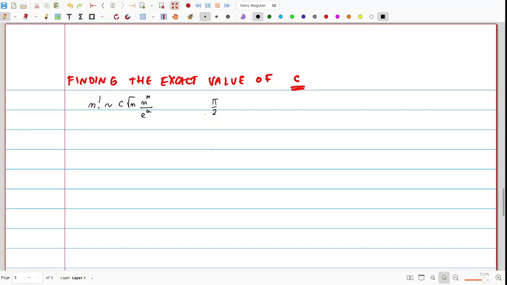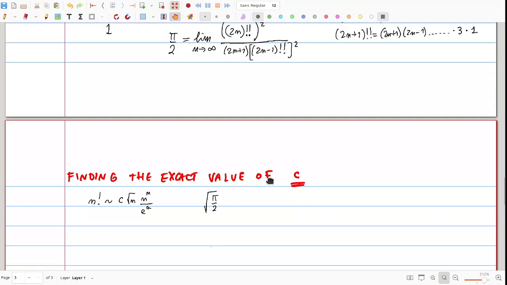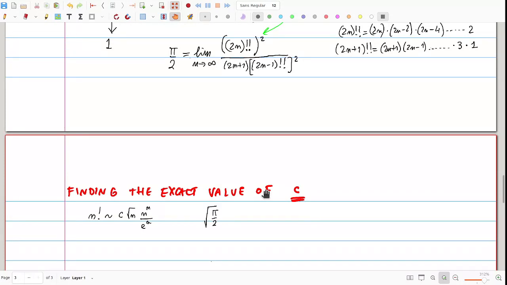Let's take the square root of this one. So what we have just proven is that the square root of pi over 2 is the limit, so it is approximately